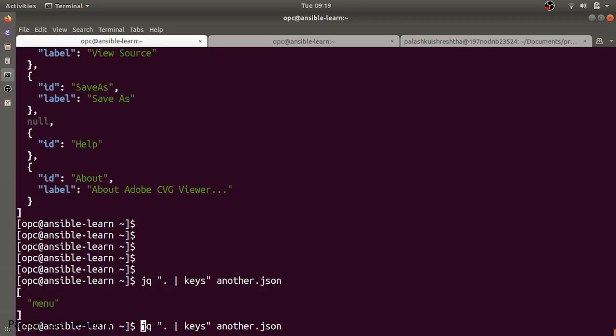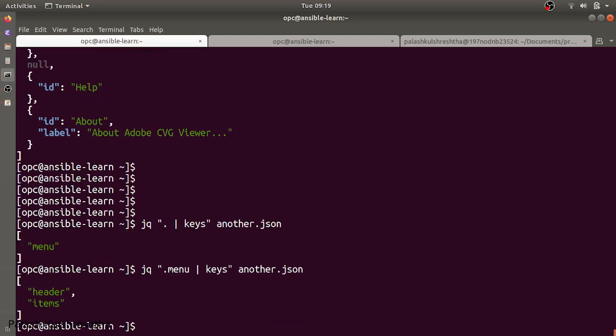Let's try to see what different keys are present inside the menu object. So here we can see that we have two keys, header and items. Okay, let's try to see what different keys are present in the items. Dot menu dot items.